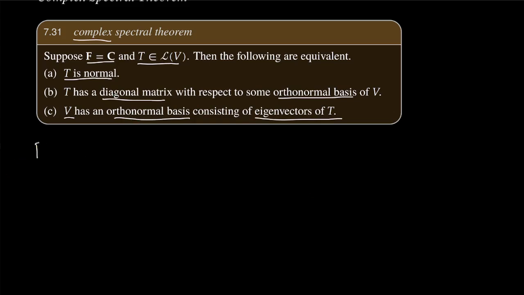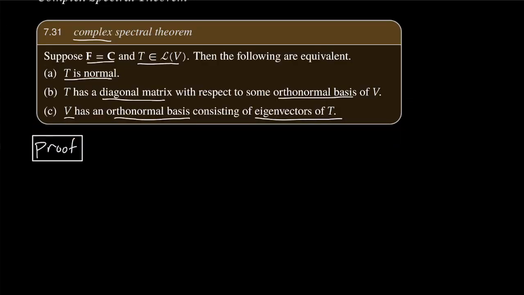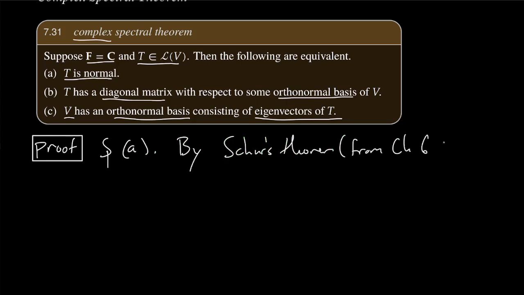Okay, let's do the proof. This one is not too bad. I mean, compared to the buildup we had to do in the real case, that technical fact about quadratic operators of a self-adjoint operator, we don't need any of that silliness. So here, let's start with A. Suppose A. By Schur's theorem from chapter 6, this is like the last result really there,